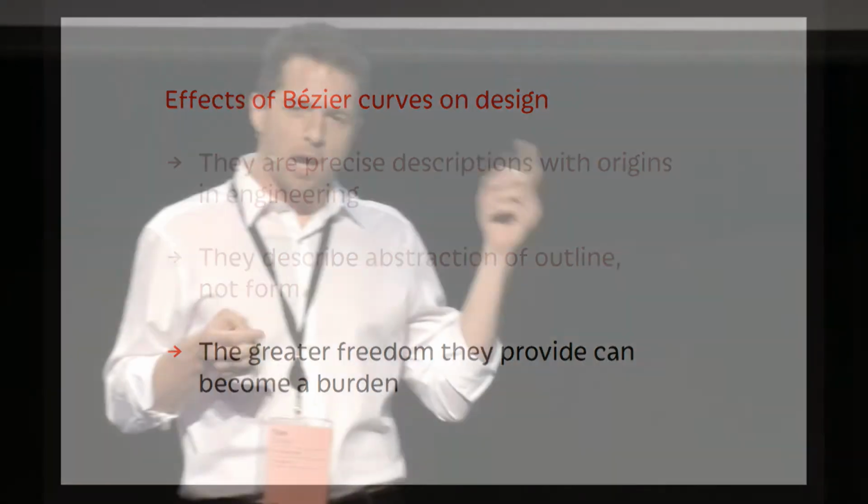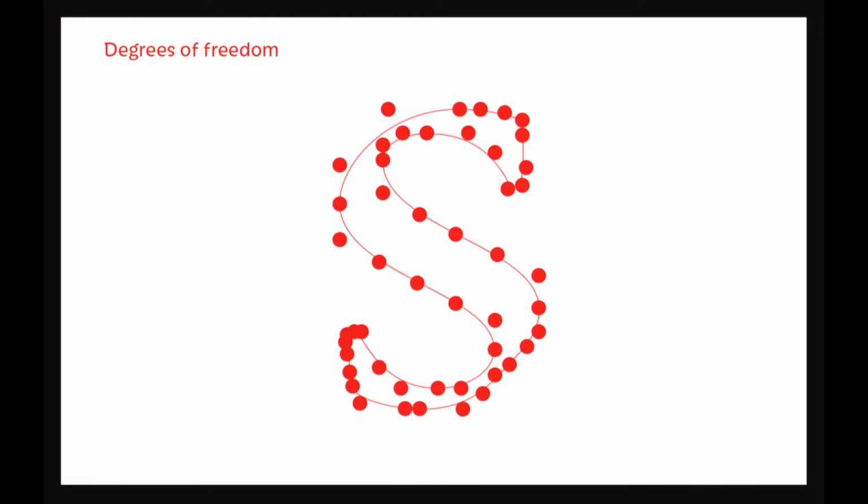When we work in this kind of paradigm, this is a very focused, very precise paradigm, we see that we are given greater freedom, which sounds very liberating. But in fact, in some cases, for complex form, this can become kind of a burden. Because if we look at the amount of possible manipulation of this kind of form, we can see that actually there are 49 different aspects to control in this form. So if I'm going to make this illusion, 49 different aspects of this outline description. If I'm going to make the illusion of form successful here, then I have a lot to deal with,